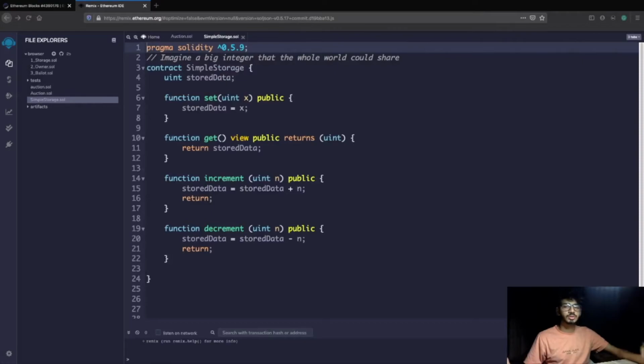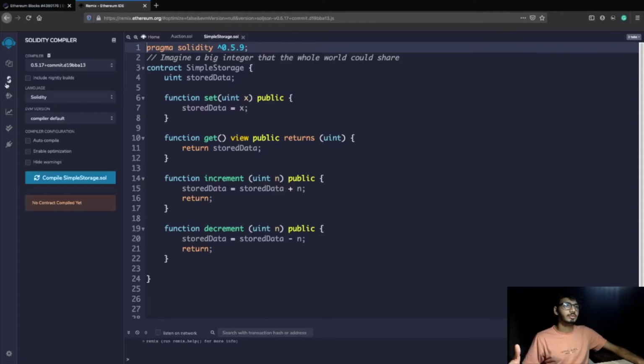You can simply use Remix IDE to develop your Solidity file. Here I have developed a simple storage.sol file, which basically sets a value, increments or decrements it, and returns it using the get function. You develop a smart contract using the contract keyword and the contract name. Declare the data types and set the functions.